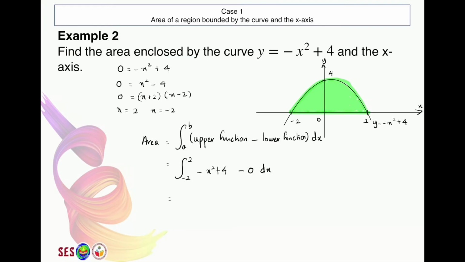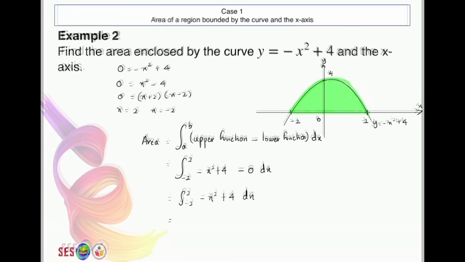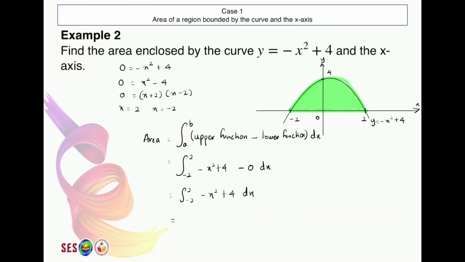And so you have this definite integral. You can rewrite it. And so you have the integral from negative 2 to 2 of minus x squared plus 4 dx. Okay, so the integral that we have right here is easy for you to simplify, easy for you to find the answer. So when you integrate this, you'll get negative x to the power of 3 over 3 plus 4x, from negative 2 to 2. So you substitute in, you'll get negative 2 to the power of 3